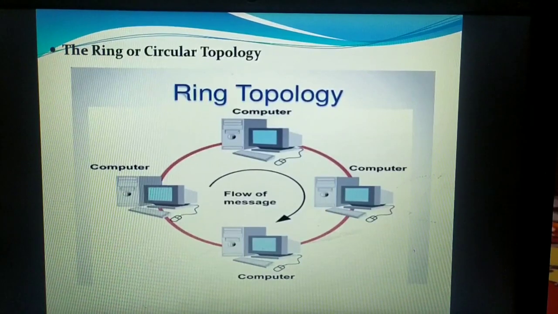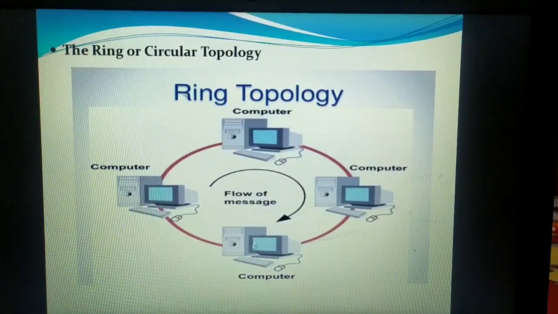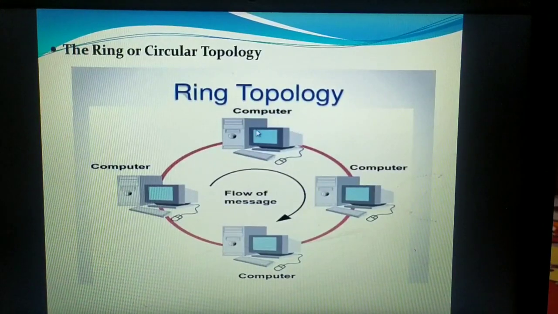Okay, now let us move on to the disadvantages of the ring topology. The first and very important one is that a node failure causes network failure. Node failure causes network failure in the sense that, suppose this is a faulty node, a defective node, which may not be working for us, wherein all the three other nodes are working and one node is not working.